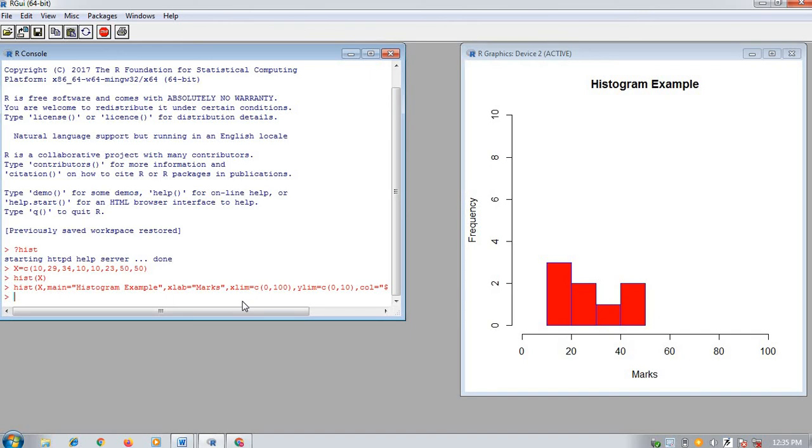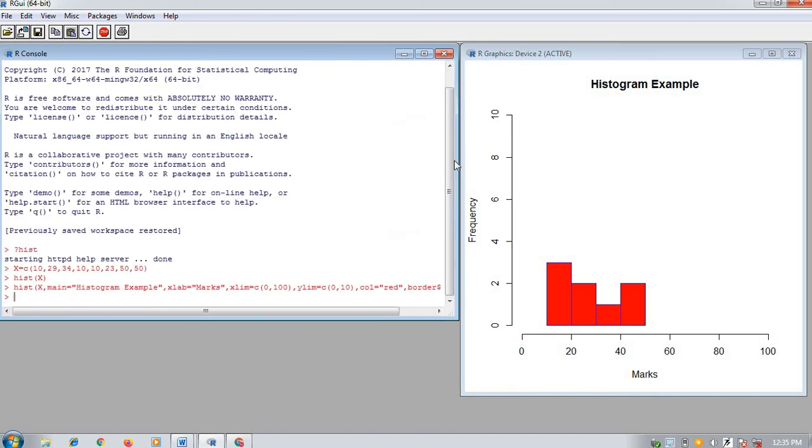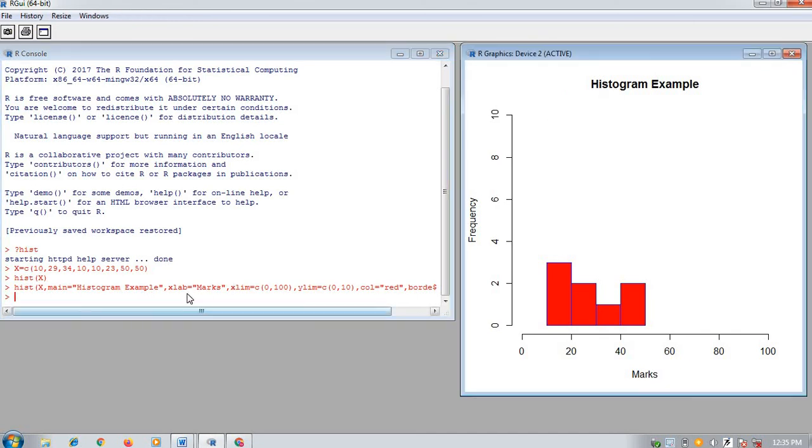Now see what is the change. Is it as per whatever we have given as input? So what input have we given? x is passed. Now the title Histogram example is changed. Then xlab is marks, xlim is 0 to 100.